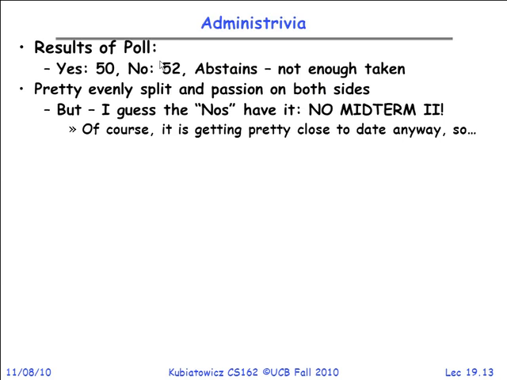Those of you who didn't come to section or who abstained, I didn't actually get abstains from everybody. Didn't get your chance to vote, I guess. And so we're going to go with no midterm. Now, this is obviously very close, but for those of you who didn't get to take another midterm, let me